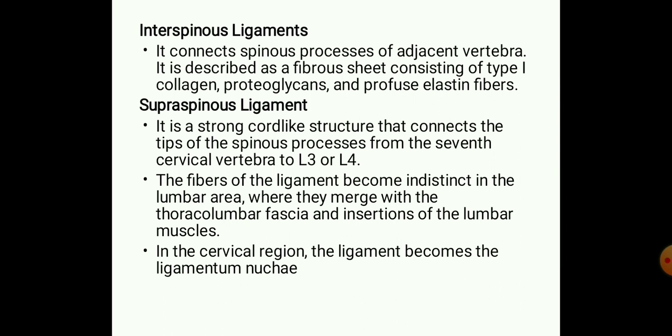Next one is the supraspinous ligament. As the name says, it is a ligament on the superior part of the spinous processes. It is a strong cord-like structure that connects the tips of the spinous processes from the 7th cervical vertebra to the L3 or L4 vertebrae. The fibers of the ligament become indistinct in the lumbar area, where they merge with the